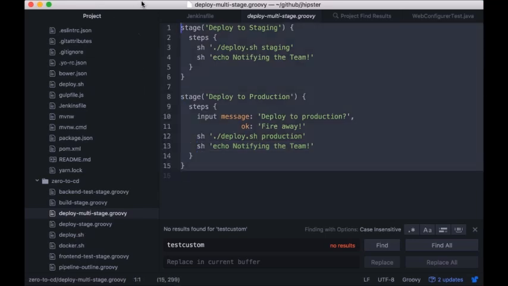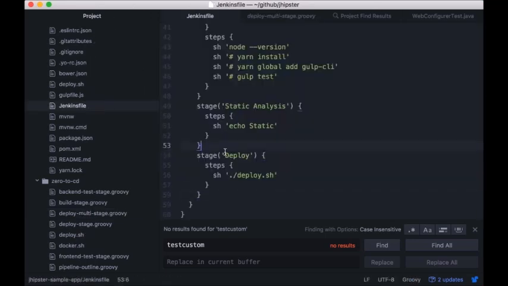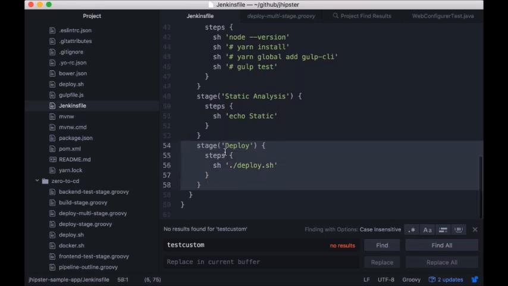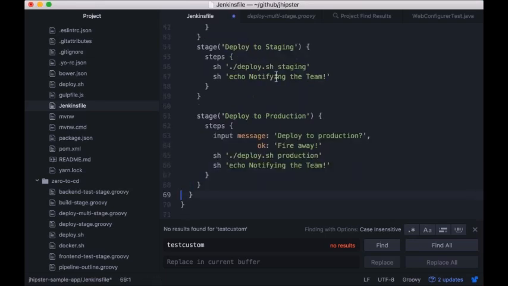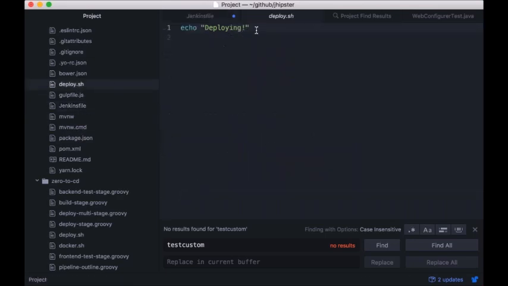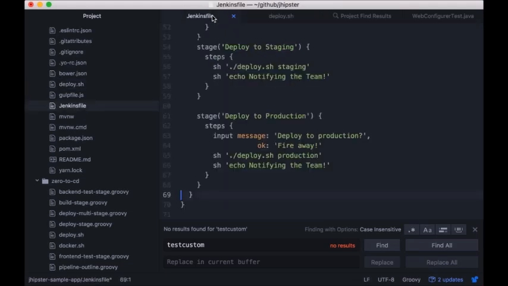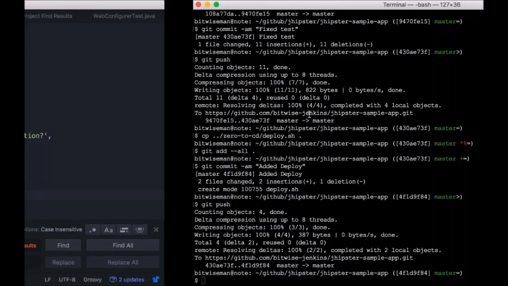I'm going to take this, paste this into my, in fact, I'm going to replace the single deploy stage with two: deploy to staging and deploy to production. And at the same time, I'm going to add a parameter here, so deploying to... this of course would be more complex in a real world situation. But now my deploy script will take a parameter. I've changed the script, I've changed my pipeline. I'll go ahead and